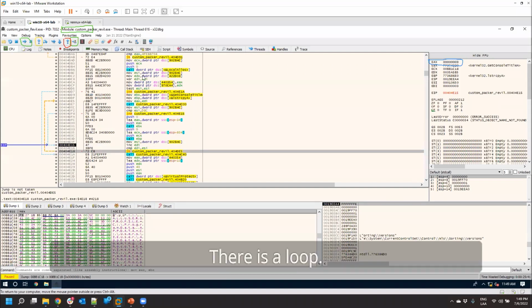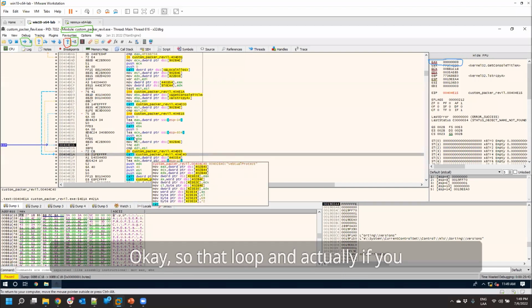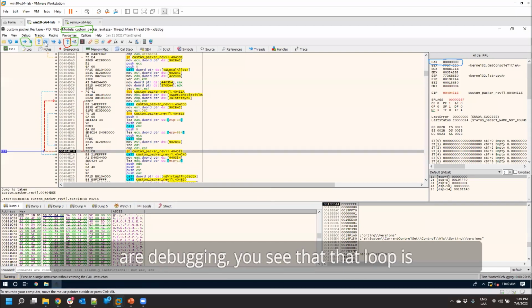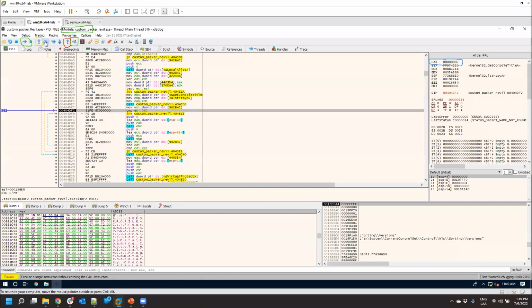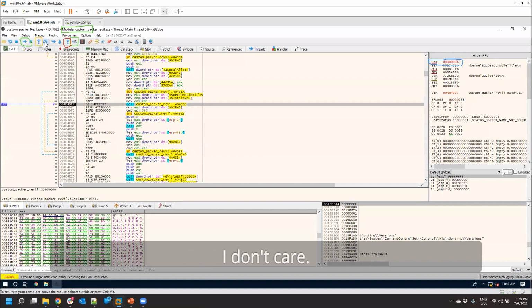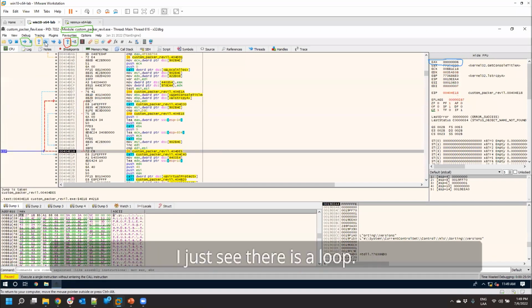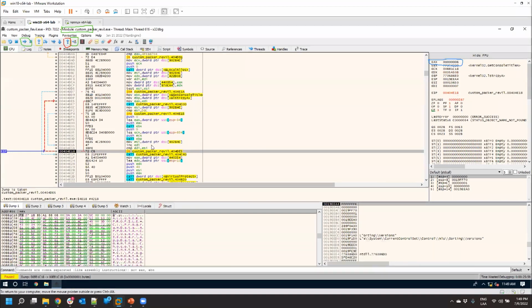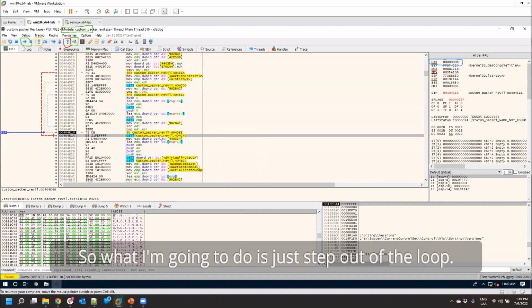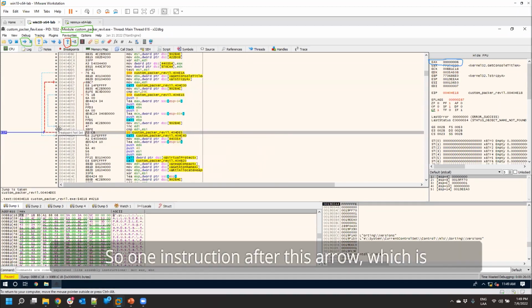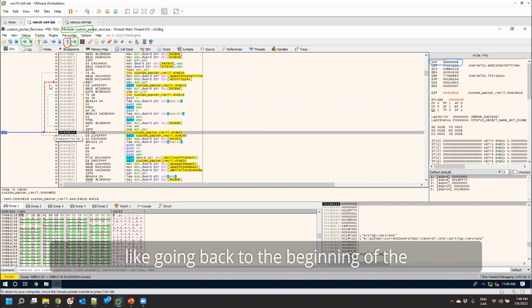There is a loop. And actually if you are debugging, you see that that loop is writing something in the new section. I don't care what it is writing, don't care. I just see there is a loop. I don't wanna be debugging that loop the whole day. So what I'm gonna do is just step out of the loop. So one instruction after this arrow, which is going back to the beginning of the loop, and just stepping,